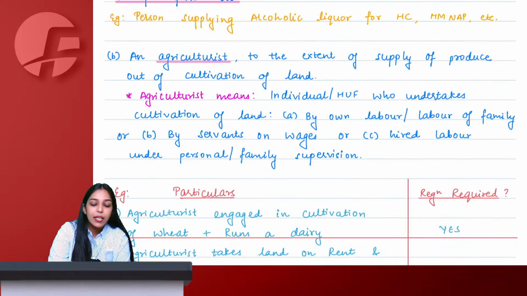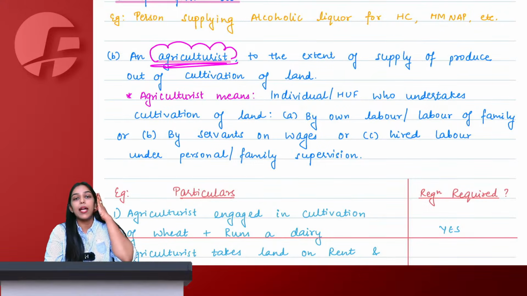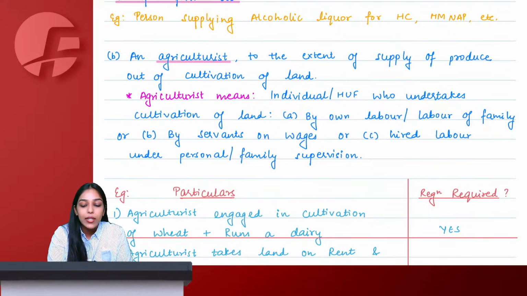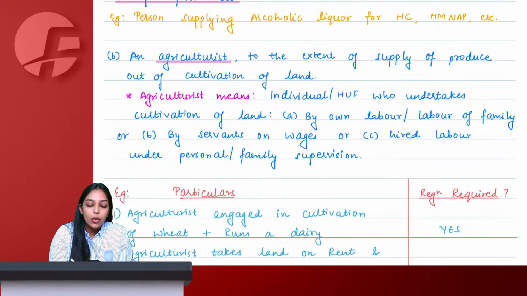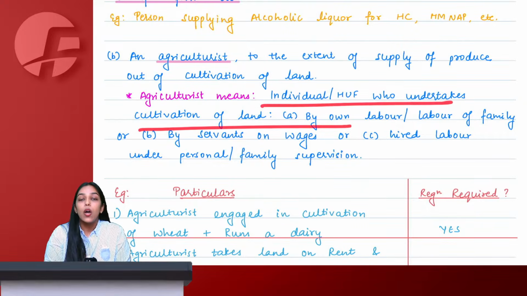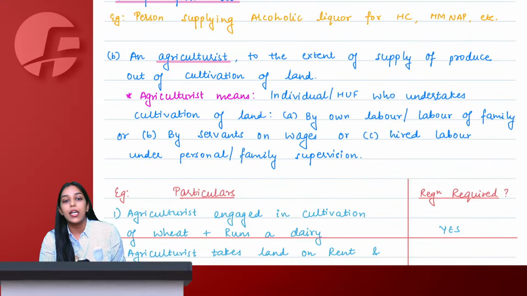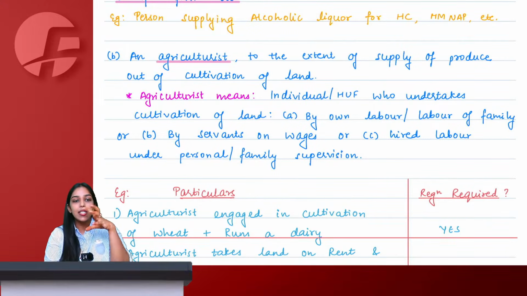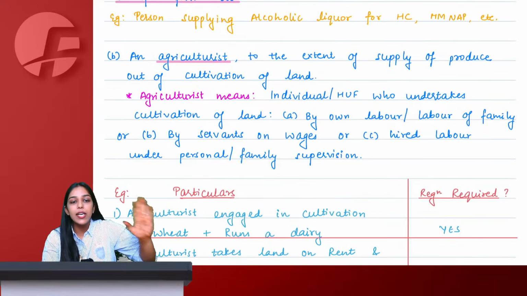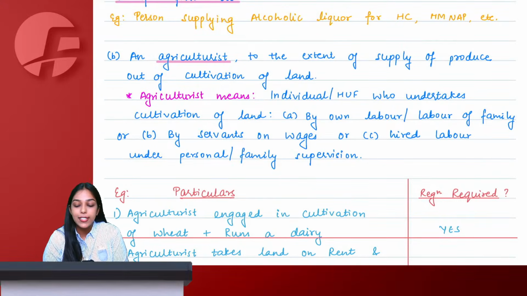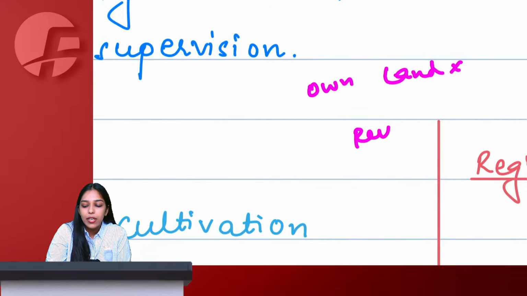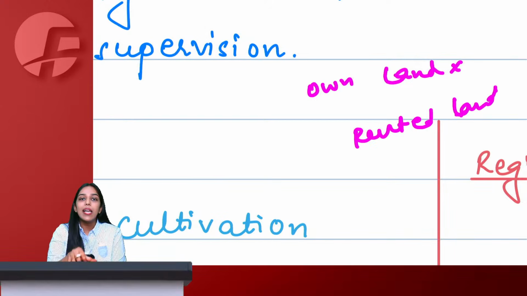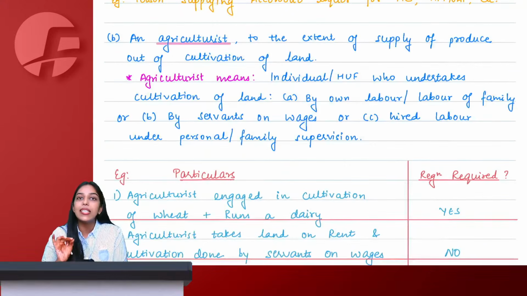And second, if I am an agriculturist supplying out of cultivation of land. Now, how can we in India talk about exemptions and not talk about farmers? Of course. So agriculturists are all the individuals or HUFs who are undertaking cultivation of land. If we cultivate land and supply the produce out of this land, there is no need to take registration under GST. Ma'am, do I have to own the land? The answer is no. You can also have rented land, which is okay. There should be land and there should be cultivation out of the land. There is no requirement to own the land.